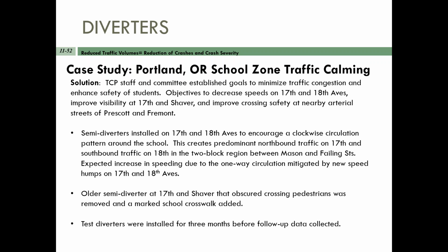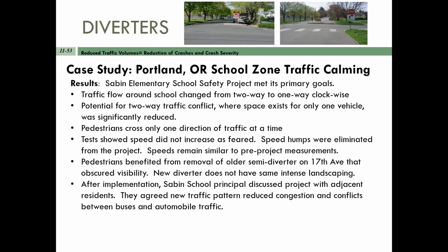But they installed these for 3 months, and they did some follow-up data. Let's go to the final slide there with the results. You can see that the traffic flow around the school changed from two-way to one-way clockwise. Potential two-way traffic conflicts where space existed for only one vehicle were significantly reduced. For pedestrian crossings, there was only one direction of traffic at a time, and the test showed that speed did not increase as feared. So as stated, they took out the speed humps,